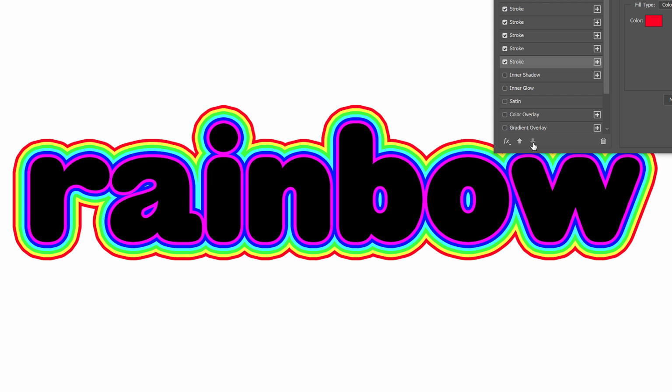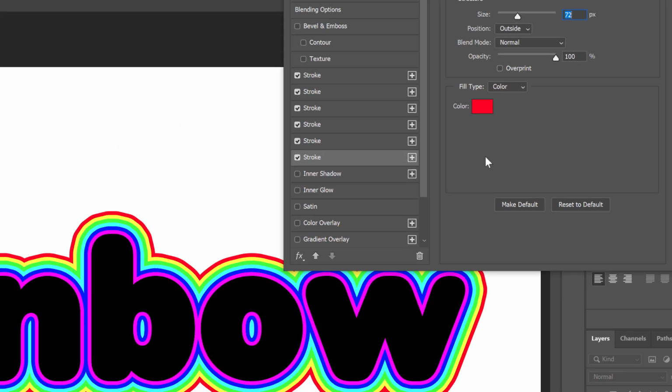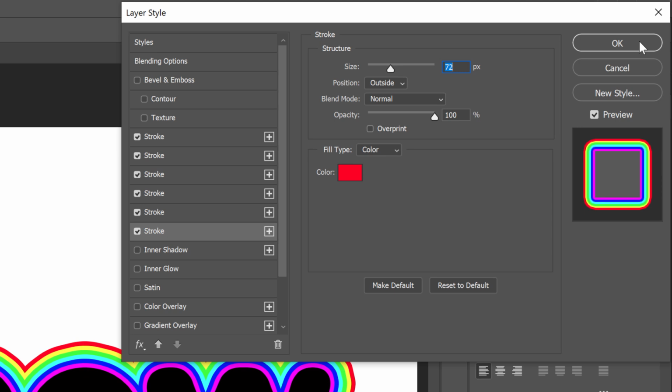The only thing I don't like is that my text color is black, which doesn't really fit with the rest of the effect. What I really want is for the text to be white, so it matches the background. Now I could just click OK to close the Layer Style dialog box and then change my type color in the options bar. Or we can change the color using a color overlay layer effect.